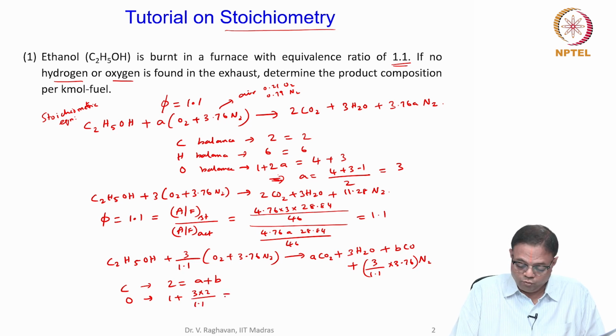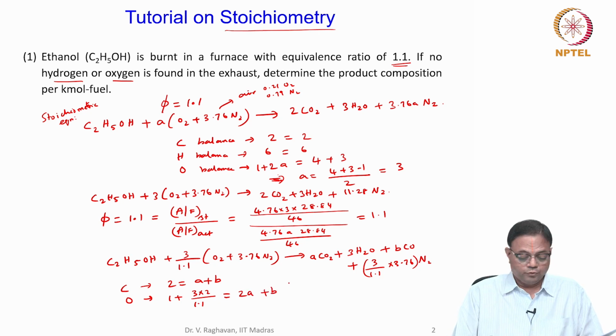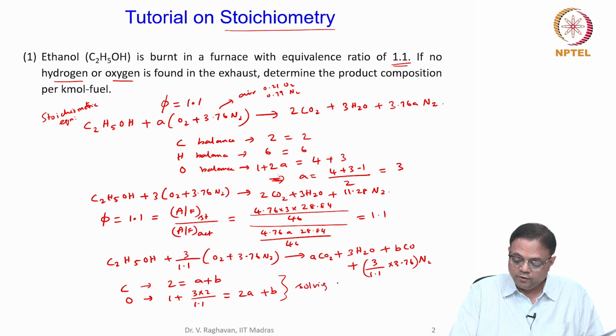That will be equal to this side, this is 2 times A plus B. So there are 2 equations, 2 unknowns. Solving, I will get A equal to 1.4546 and B equal to